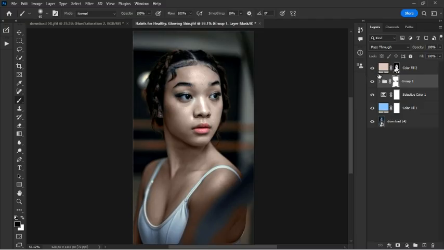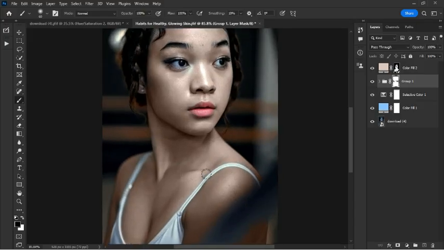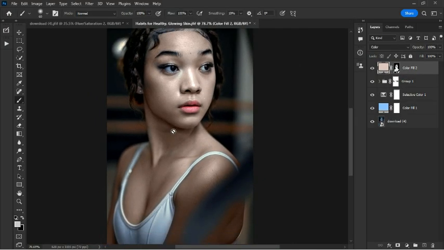Now we can continue, and probably if we turn this off, which is this one, you're going to see how it looks like, which is blue, and you can see the difference. It's all matching. But this is not a realistic skin anyway, so we need to blend it in. So this is what we're going to do. We're going to decrease the opacity or the fill. Let's use the fill instead,